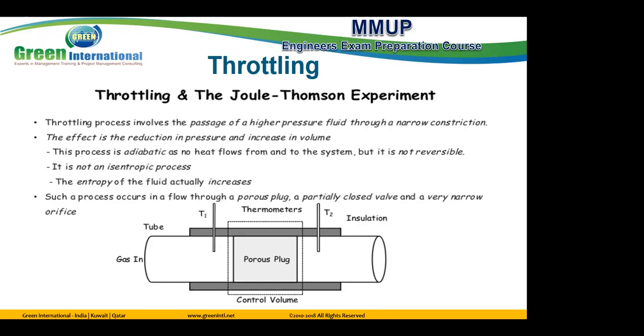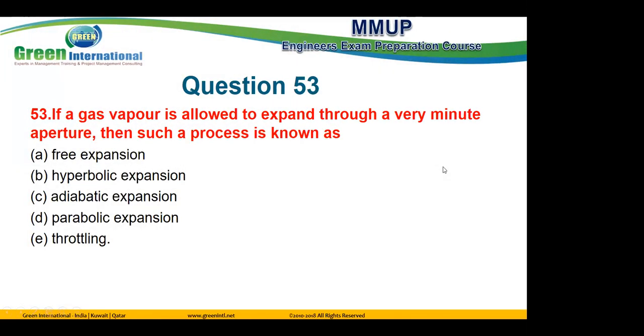But the problem is it is not reversible, so the change of entropy is not equal to 0. So this process is not isentropic. I told you before, an isentropic process means reversible plus adiabatic, both reversible and adiabatic, and it also means delta S equal to 0, constant entropy. This is what I mean. If a gas vapor is allowed to expand through a very